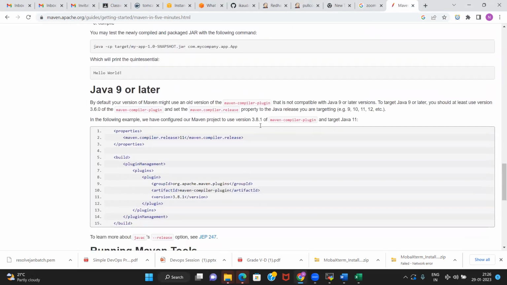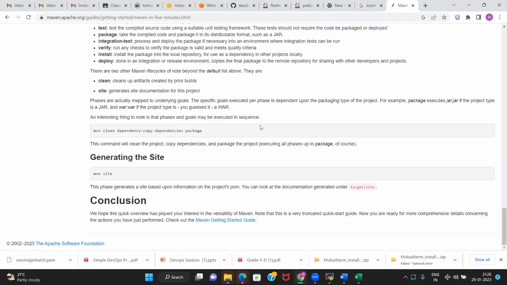But in general, Maven is a kind of build management tool. You create a build from the code, you create an executable like a jar file or war file using Maven. If you run some Maven commands, a build will happen.